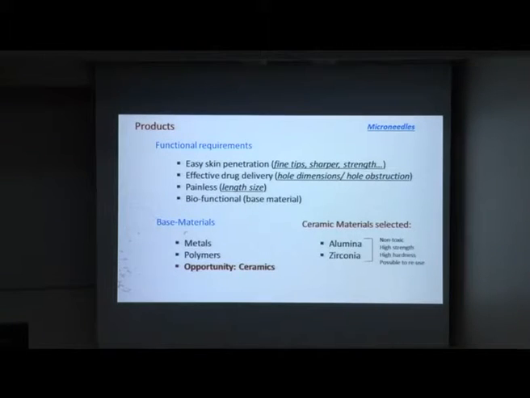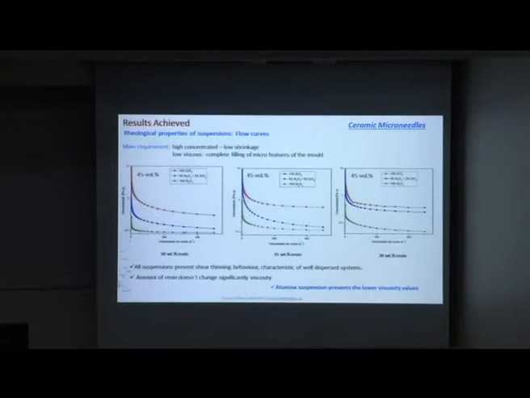We select two materials, alumina and zirconia, to fabricate this kind of microcomponents. Since they are not toxic, they have high strength and high hardness, and they are known from the literature that we can also fabricate, for example, prostheses for hip joints in these materials. So when we talk about